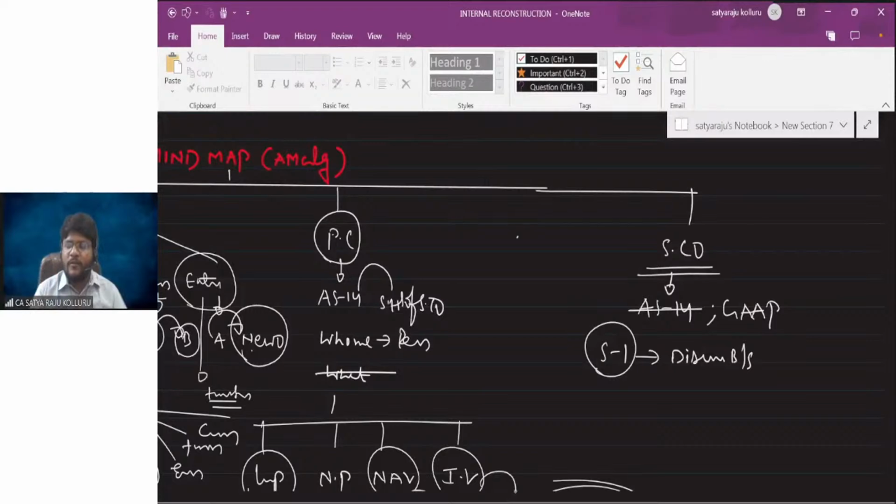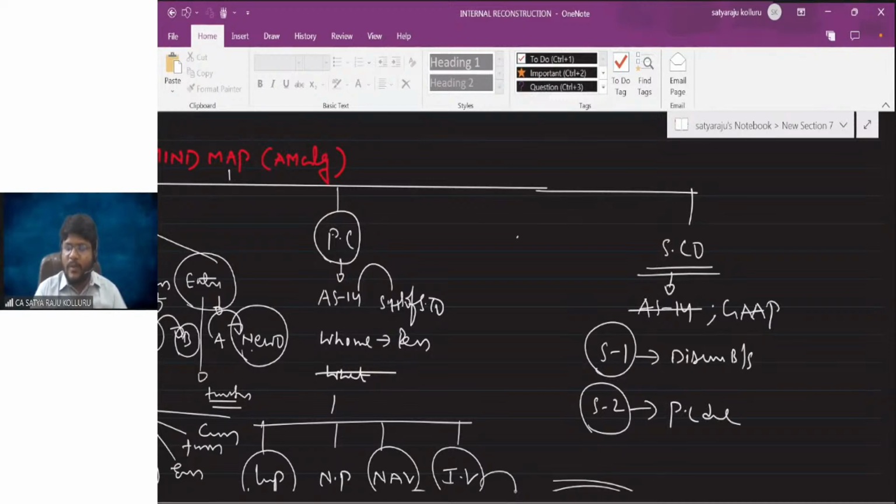Those assets or liabilities which are not taken over by the purchasing company are separately opened to get some realizations in the outside market. Equity share capital, reserves and surplus, miscellaneous expenditure not written off, any other fixed assets are simply transferred to equity shareholders account, and preference share capital is transferred to preference shareholders account. Then dismantling of balance sheet is over. Then you can go for step number 2, which is PC due.